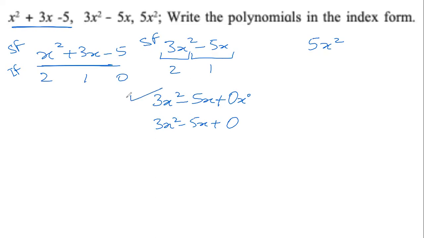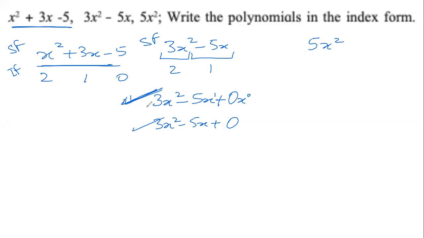So write it in this way so that it is clear what we have written. Why is this the index form? We have 3x square, 2, we have 1, we have 0. This is correct. This is correct, Prachi. But I would advise you to write it in the upper form, this form, so that it becomes extremely clear.